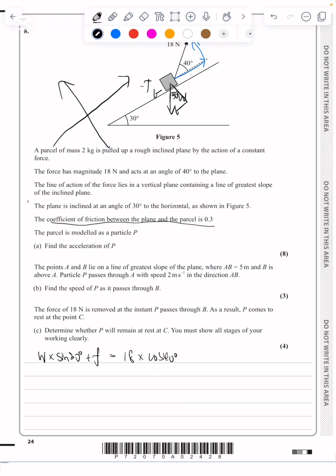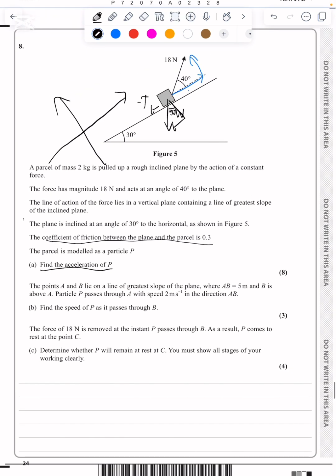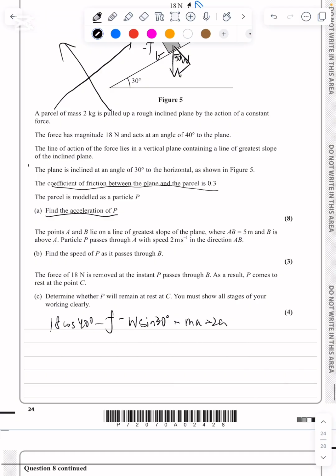Actually, wait, there is acceleration, so that means it's not equal to that thing. Okay, this is wrong. So that means 18 cosine 40 degrees minus friction minus weight times sine 30 degrees equals MA, which is 2A. And then